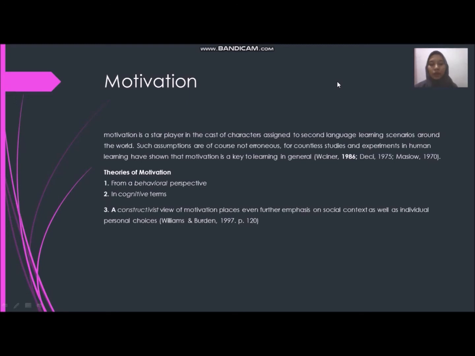Third, constructivist. The constructivist view of motivation places even further emphasis on social context as well as individual personal choice. Williams and Burden 1997: each person is motivated differently and will therefore act on his or her environment in ways that